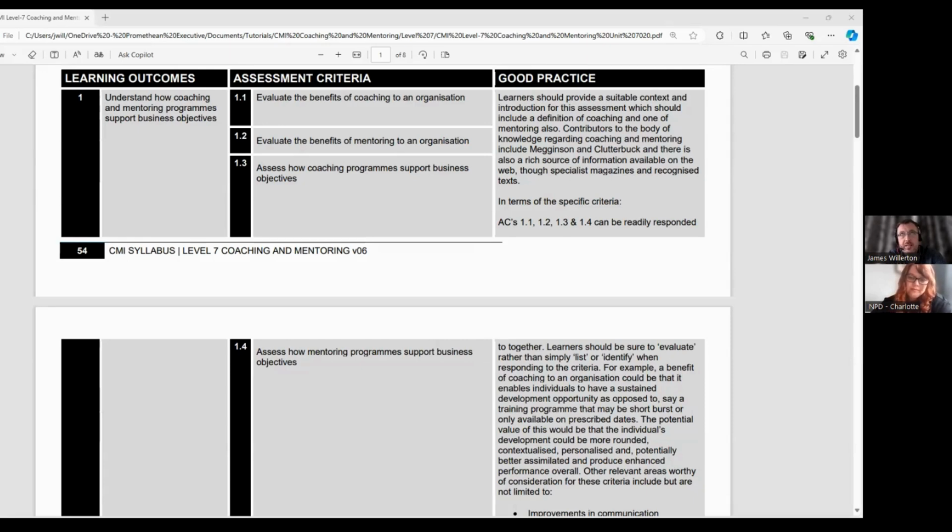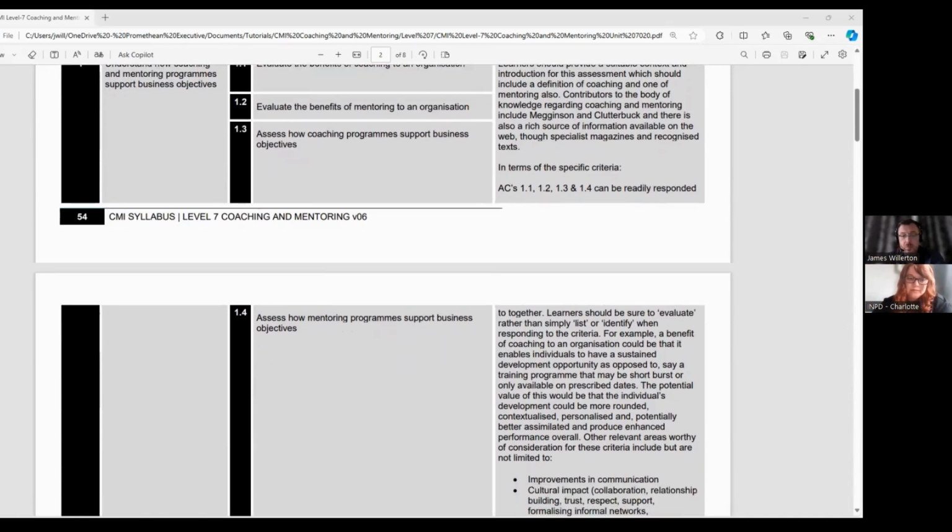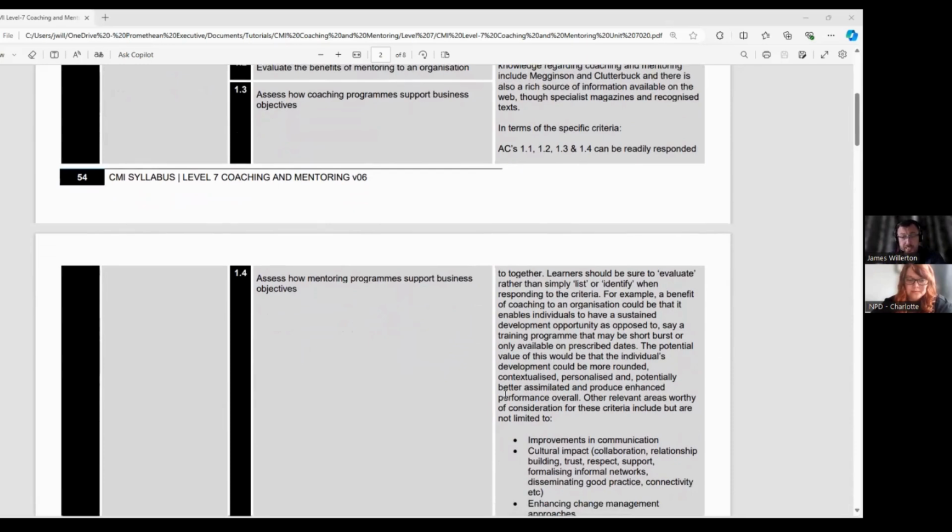When we go into looking at how the programs support business objectives, it's useful to understand some examples of business objectives that you could then draw the linkage between, objectives A, B, and C, and how coaching programs could support that, or mentoring programs could support those same things as well. We also need to make sure we performed an assessment here, which is to really dig around it in some detail. Ideally, look at some evidence around that if you possibly can, just to make the linkage as clear as we reasonably can in your answer. And indicative content as well helps us here with some ideas of how you might go about that.